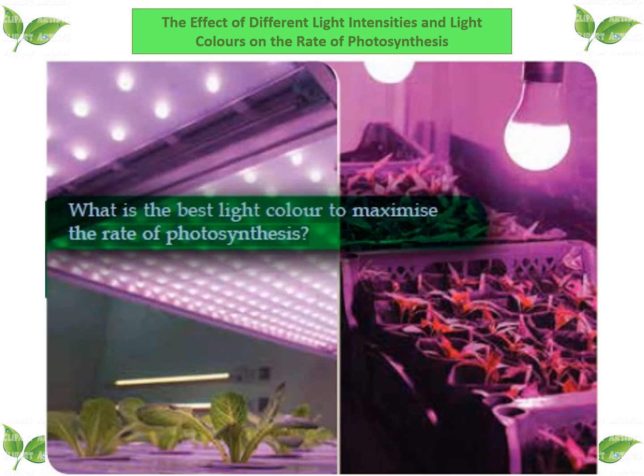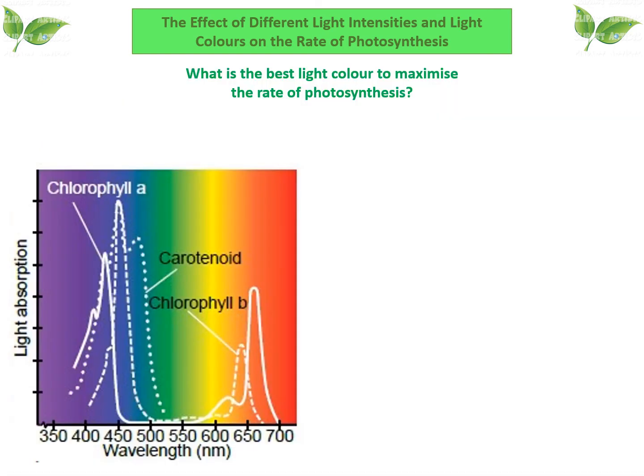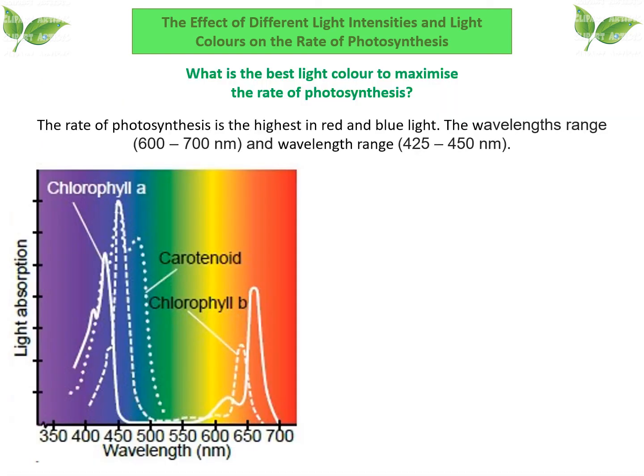Now we see the effect of different light intensity and light color on the rate of photosynthesis. What is the best light color to maximize the rate of photosynthesis? The answer is red and blue lights. The wavelength range for red is 600 to 700 nanometers